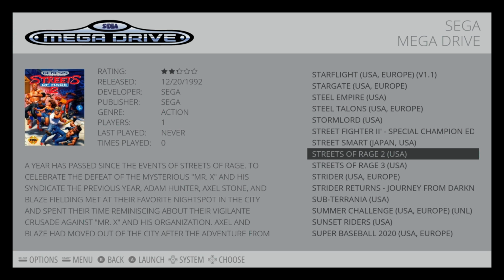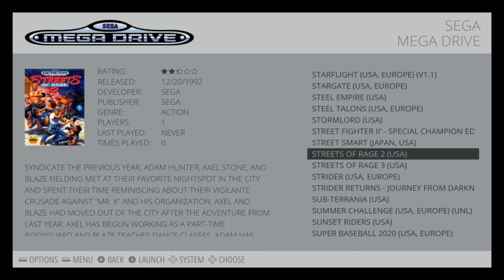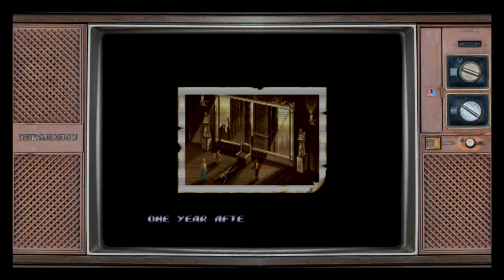So I've mapped these buttons in a certain way. You can obviously map them differently, so your A button might be a B, and etc, etc. But if I start this one up, should get a bit of sound here. Okay. I've got a bit of an overlay going on here, but that's not affecting the controls. So if we start into this,